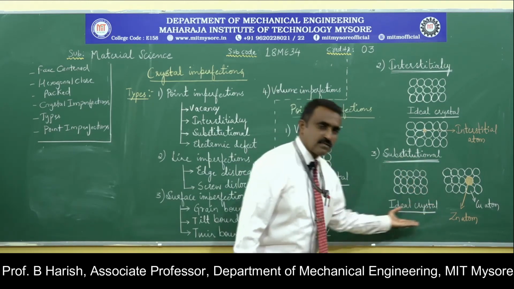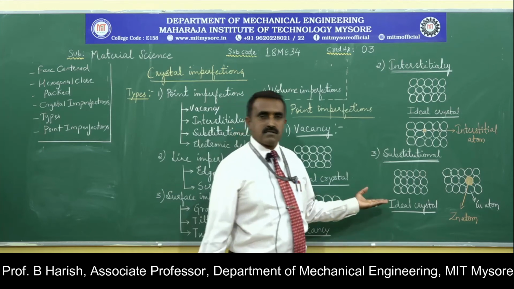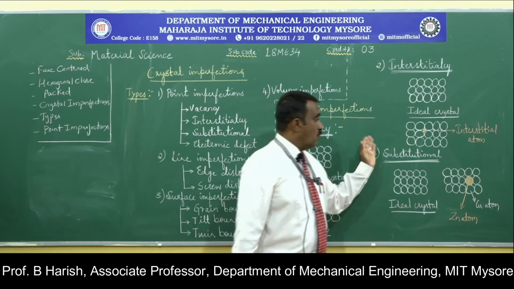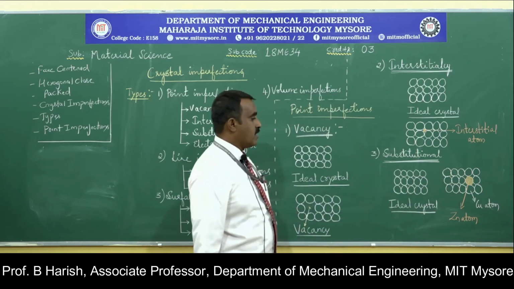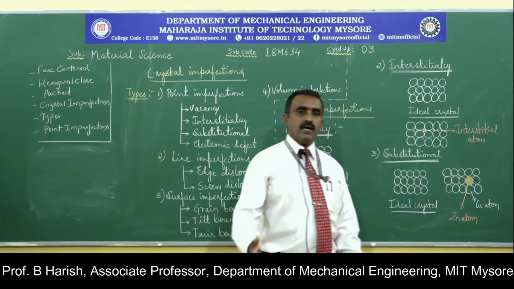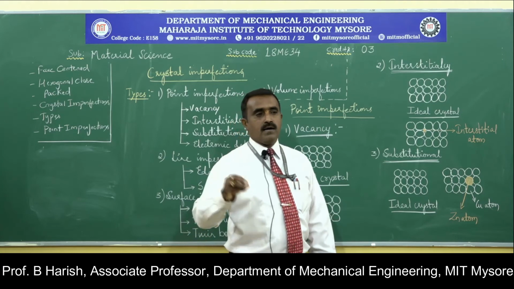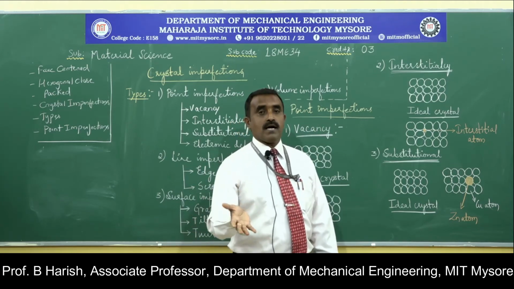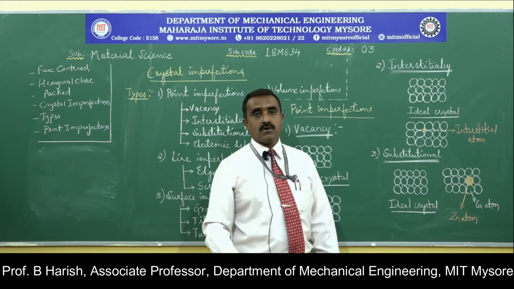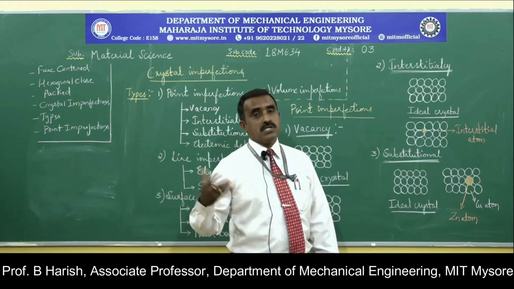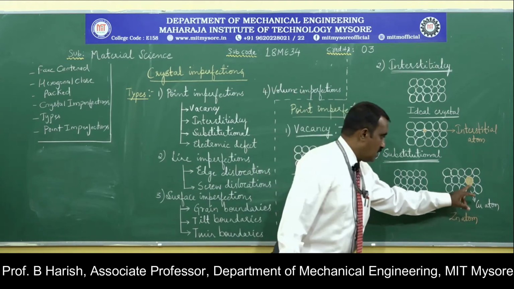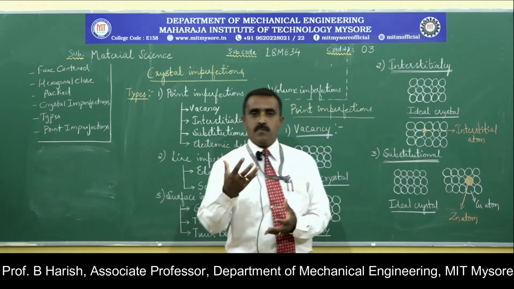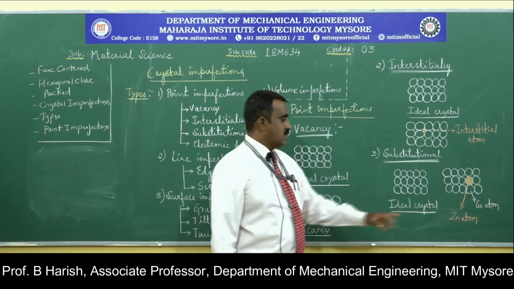As usual, in the ideal crystal all the atoms are arranged in a systematic geometric form. You can see this is the arrangement. When there is a substitutional defect, you can see that different materials will be added to the original. Why do we add them? Suppose we take iron, we can add different metals into it. Why is it added? In order to change its properties. Here, this is copper, and to copper, zinc is added. Copper is the original crystal structure to which zinc is added.